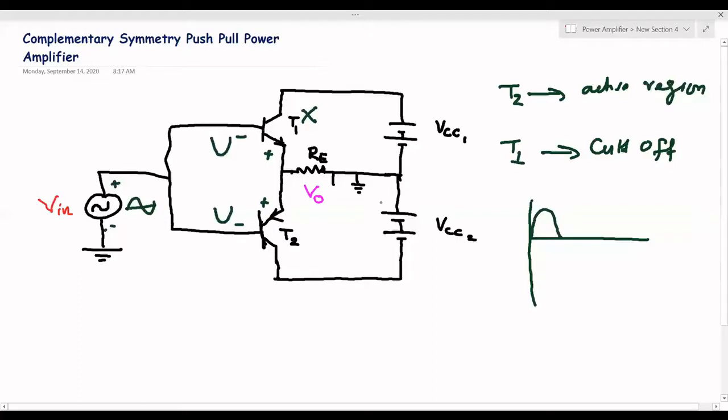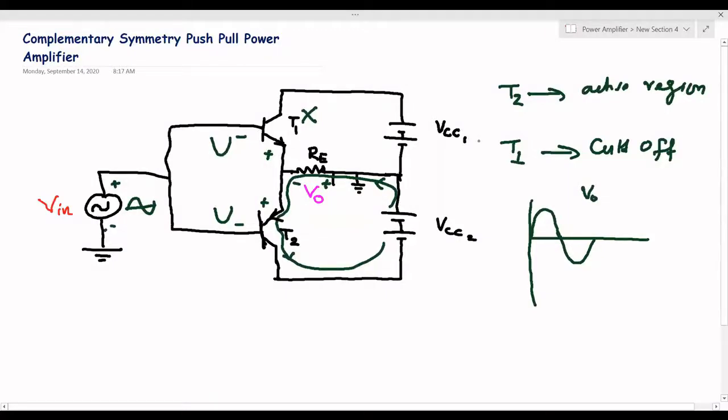So T1 will not draw current from VCC, whereas T2 will draw current from VCC. Now look at the direction of the current flow. Again it will take current from VCC, from plus, going in this direction and completing the loop. If you look at the direction of current flow, plus will be coming here and minus will be coming here, so the output will be going negative. So during the negative half cycle, when the input is going negative, the output is also going negative. If you look at the input and output of this amplifier, the input and output are in phase.